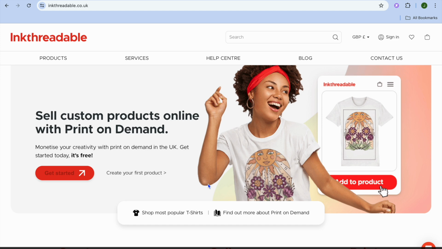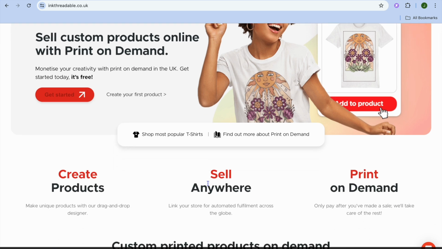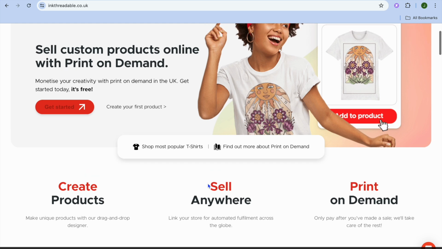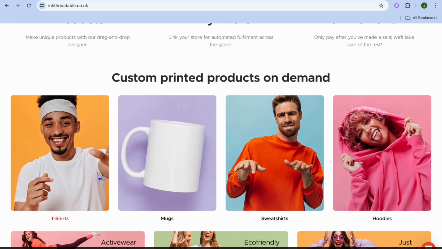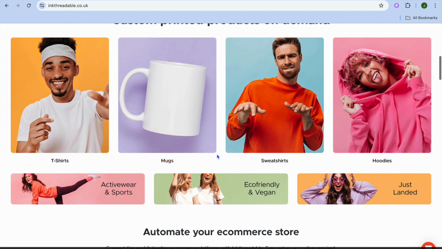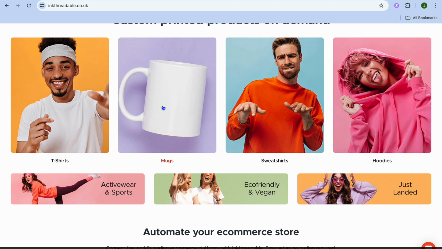Inkthreadable is one of the best print-on-demand platforms in the UK. With Inkthreadable, if you are planning to target an audience in the UK with your print-on-demand products, this is definitely the platform for you. With print-on-demand, all you'll need to do is create a design and then add it onto the platform and select the product that you would like to add it on. Whether that be t-shirts, mugs, sweatshirts, or hoodies,